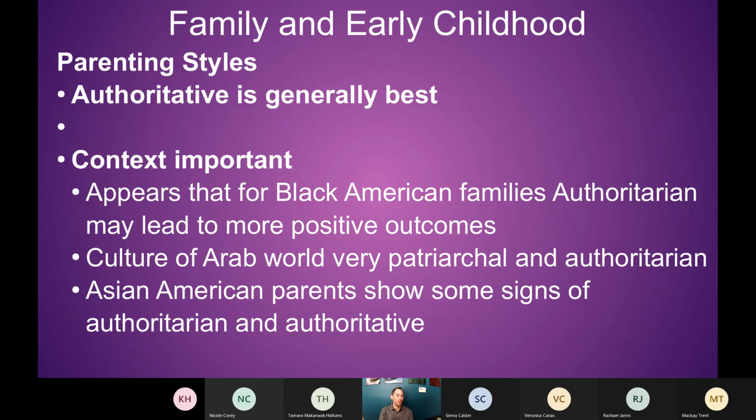So the researchers now have suggested a couple options. So basically 2 options. One is let's add some additional dimensions to these categories and add more parenting styles. That's one potential option. Kind of like